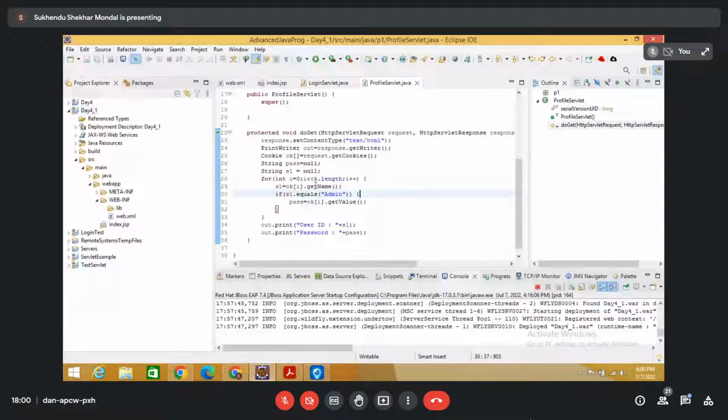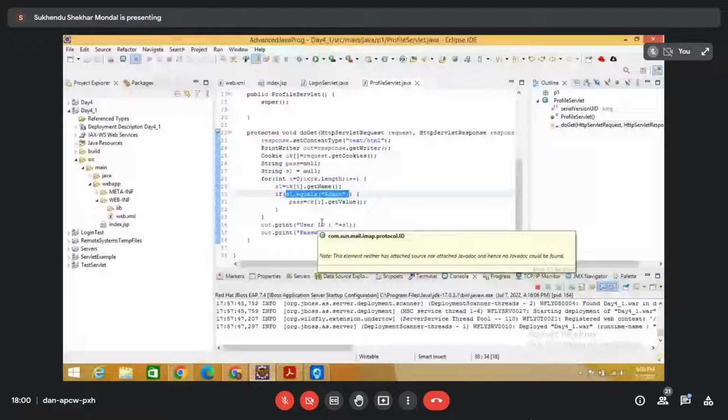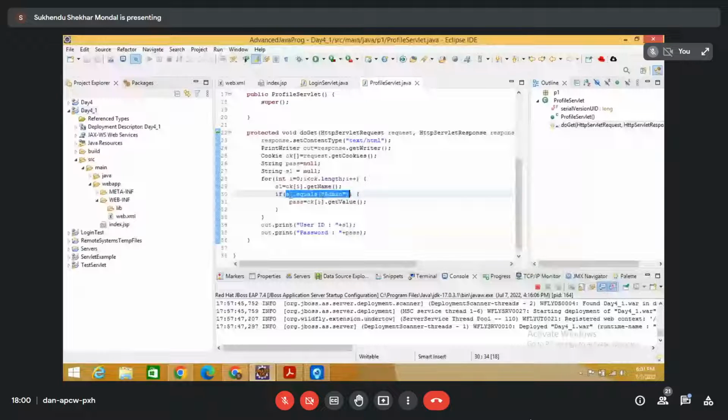ওকে, তো আমি যেটা বলছিলাম, s1 ইকুয়ালস টু নাল, এটা কি করেছি s1 ইকুয়ালস টু cki ডট গেট লেন্থ। এখানে আবার এই যে s1 ডট ইকুয়ালস, এখানে কিছু চেঞ্জ হয়ে গেল কেন? এটা ইকুয়ালস হয়েছে, অ্যাডমিন এসেছে, মানে এখানে অ্যাডমিন এসেছিল আমার, বুঝতে পারলে, কিন্তু ডট ইকুয়ালস মেথডে কেন চেঞ্জ হলো, এটা হ্যাশ কোডে। এটা একটু দেখতে হবে। হ্যাঁ, মনে হয় ইফের কোনো একটা কন্ডিশনে হয়তো চেঞ্জ হয়েছে। ইফ s1 ডট ইকুয়ালস, এখানে এটা না করে আমি যদি cki ডট গেট নেম করি, গেট নেম হচ্ছে যে ওর অ্যাডমিন এসেছে, না হলে এটা ডট ইকুয়ালস অ্যাডমিন হতো না। ঠিক আছে, কোনোভাবে হ্যাশ ট্যাশ কিছু একটা লেগে গেছে এখানে। সো দ্যাট ইজ বেসিক্যালি দ্য কুকিজ।